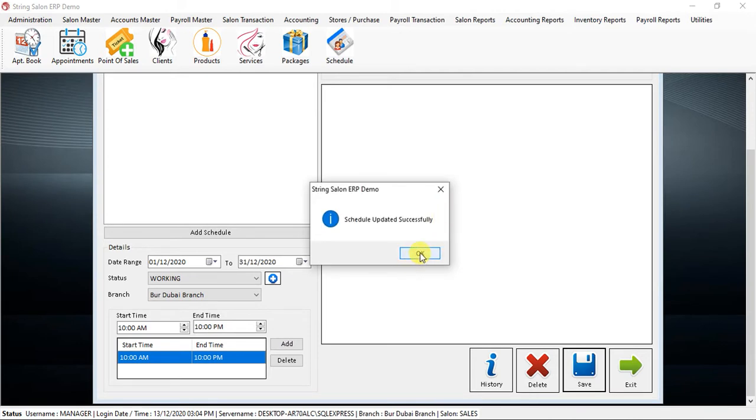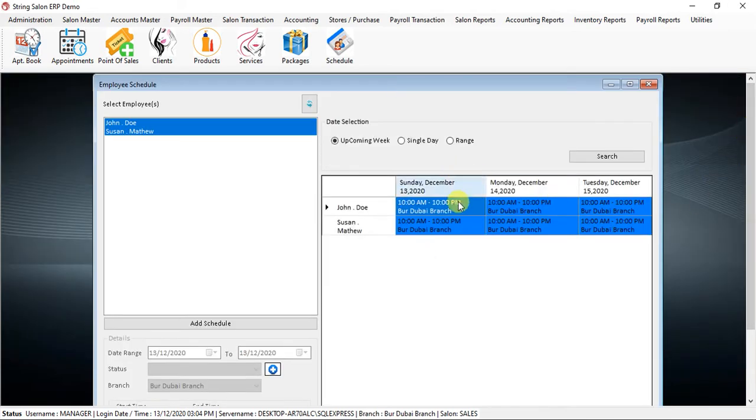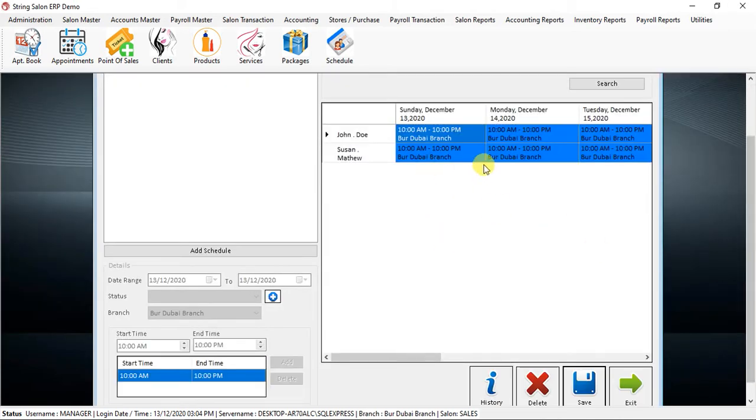So the schedule for these two employees has been created for that particular range, 1st of December to 31st of December. Now you can see all the details over here.